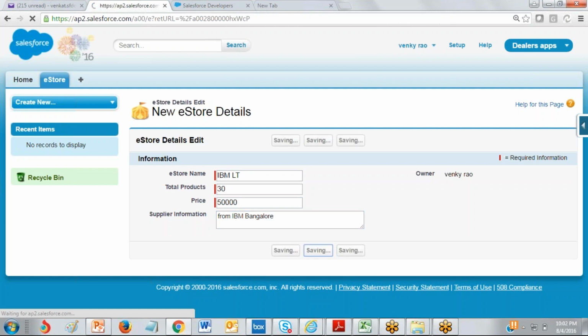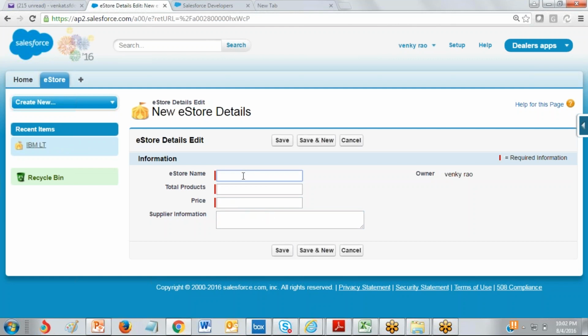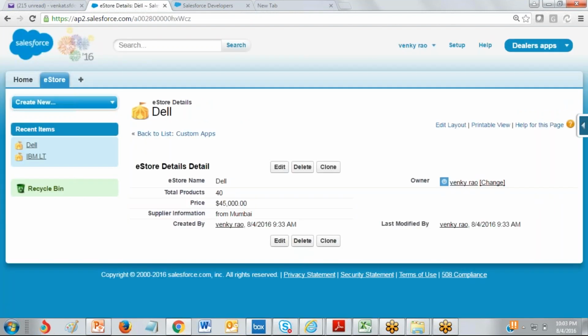Save and new. I received Dell also, around 40 laptops, each costing 45,000, from Mumbai. Save it. In this way, users start using this application.